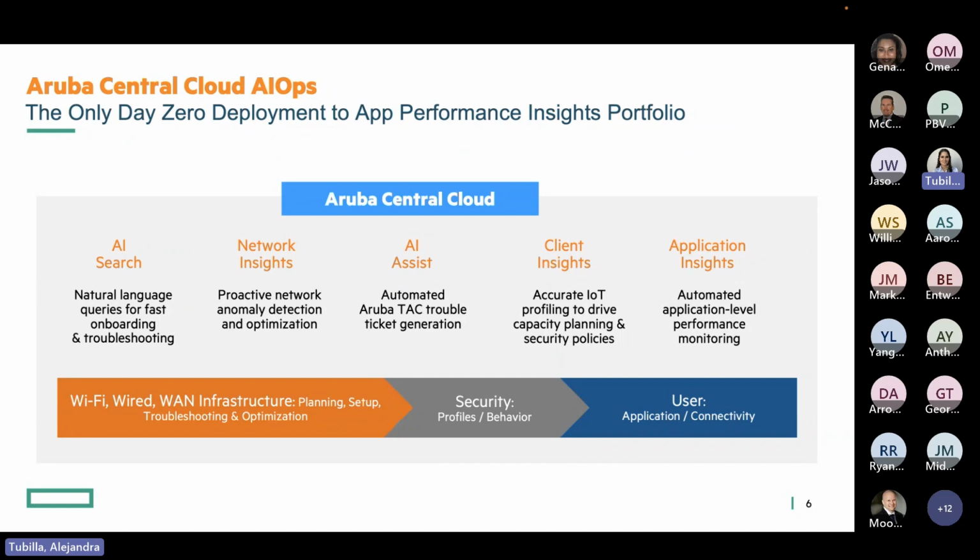We have our network insights that help us turn from a more reactive way of managing our networks to a much more proactive way of doing so. We have the AI assist from within the platform. This means we can even launch TAC cases and tickets from the same platform without having to go through ASP or any other ways. And then we start getting a lot of insights and application insights from within the platform,